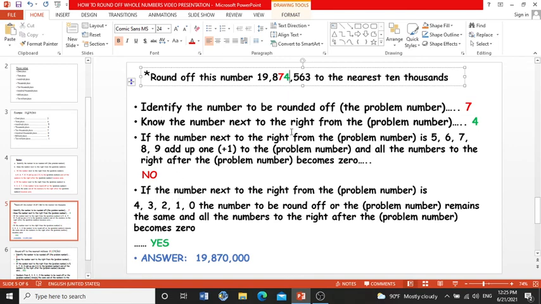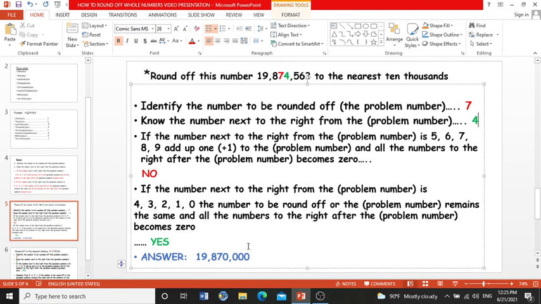So the number to be rounded off remains the same, and all the numbers to the right after the problem number become 0. So our answer here will be